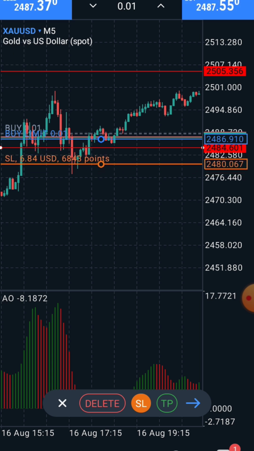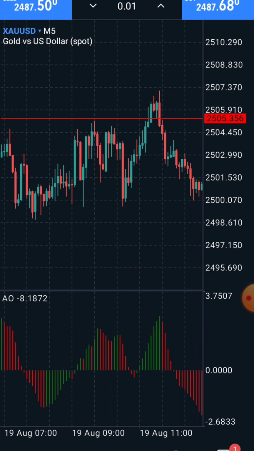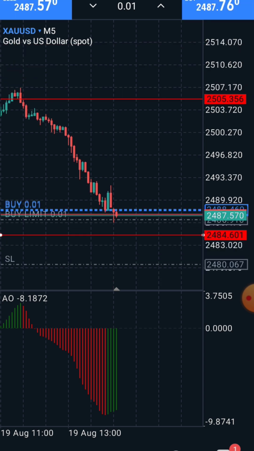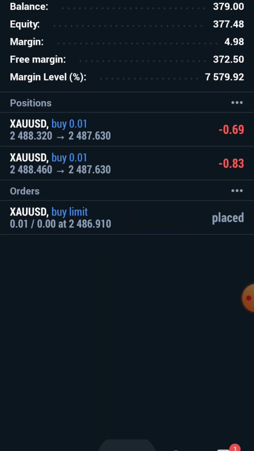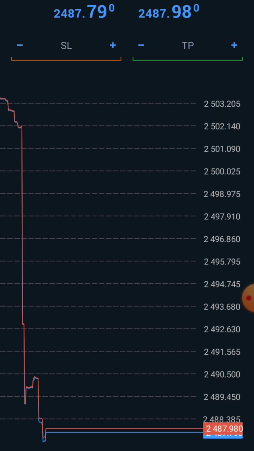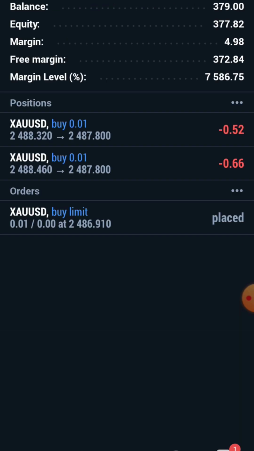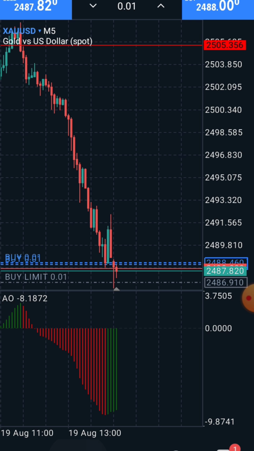So I will place it, or you can directly, if you want to put SL, click here and click on the pencil icon. After that, this is your SL. Where do you want to put your SL and where do you want to put your TP?